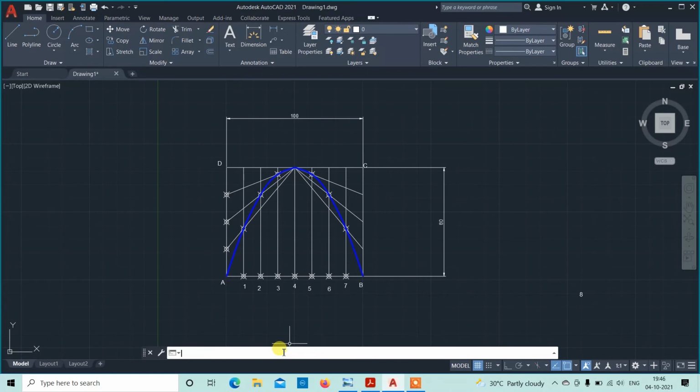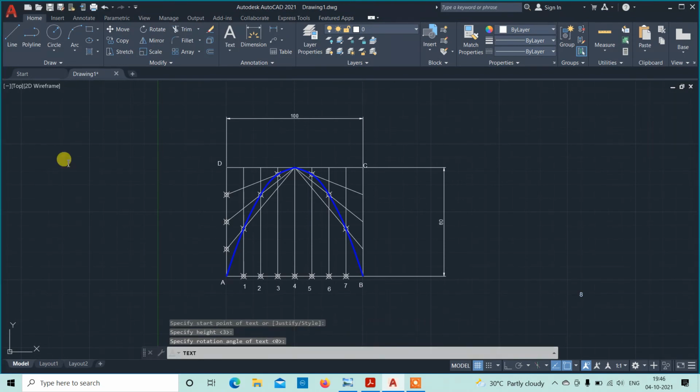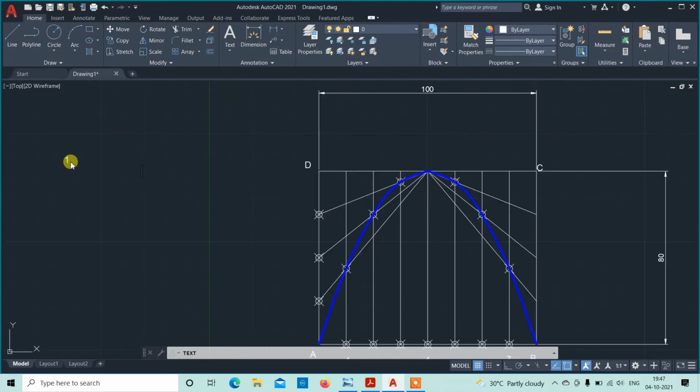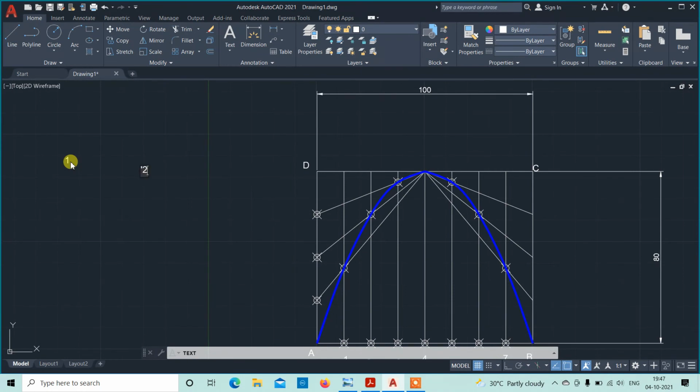Next we will give text for that vertical side, same height, same angle, 1 dash, 2 dash, 3 dash, 4 dash.